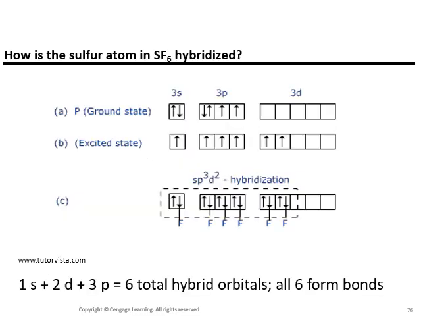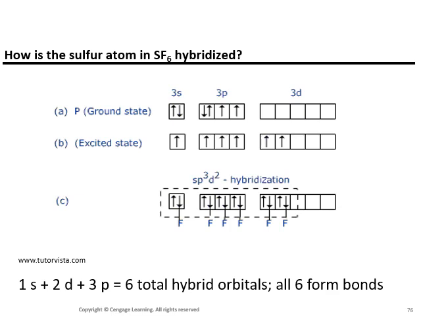Next. So here we see a picture that's just like the one that we saw before for dsp3. We're starting off with two 3s electrons, and then this time in the p shells, we have 4 electrons. We have 1, 2, 3 pointing up and 1 pointing down, none in the 3d at the ground state. So to get the d2sp3 hybridization, move one of the s electrons, bump it up to the empty 3d, the first one,